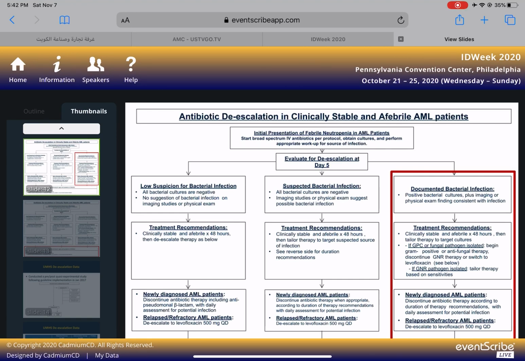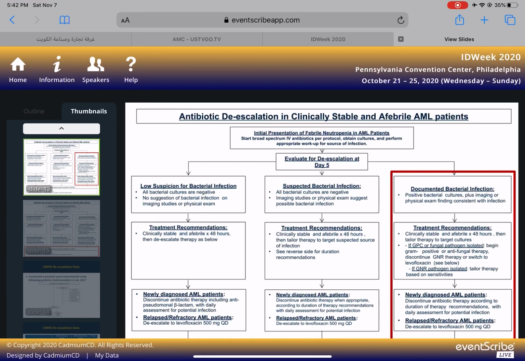All right, moving over to the far right column, these are patients with documented bacterial infection. They have positive cultures. They have something on physical exam or imaging suggestive of infection. And so we definitely want to treat these patients. So we give them therapy, but we are targeting their therapy to the pathogen. So if it's a gram-positive pathogen or a fungal pathogen like Candida, we will start their therapy. Let's just say it's a